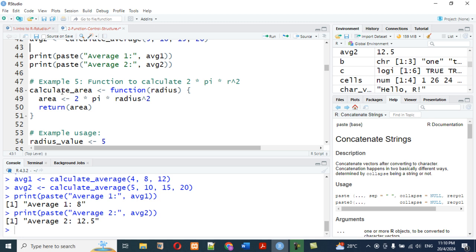So if you say calculate area, for example, function radius. We want to calculate with the radius, so what we want to pass in is just the radius of the circle. So area equals 2 times pi times radius squared, as in pi r squared. You use this to denote square, right? Now this is what we pass out. We calculate this and return the area. So area will be returned. Now if you run this function,